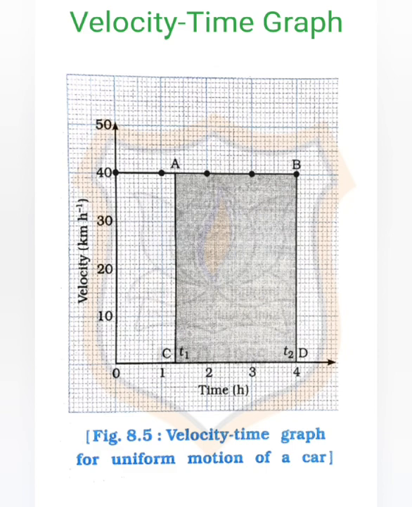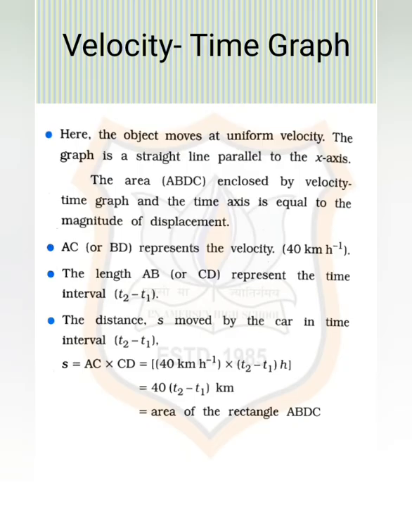Already we are observing this in the diagram. Then the velocity time graph for a car moving with a uniform velocity of 40 km per hour is shown in this diagram. Now we know that the product of velocity and time gives the displacement of an object moving with uniform velocity. The area enclosed by a velocity time graph and the time axis will be equal to the measurement of the